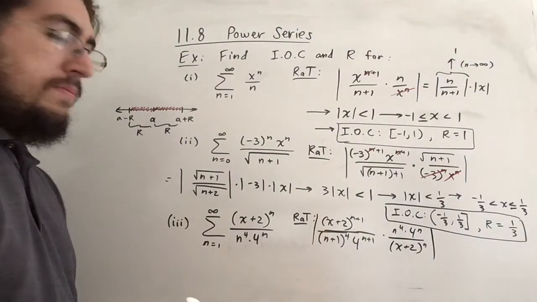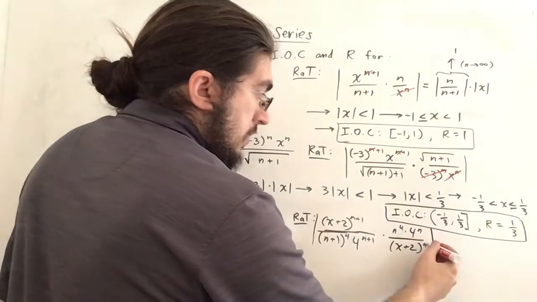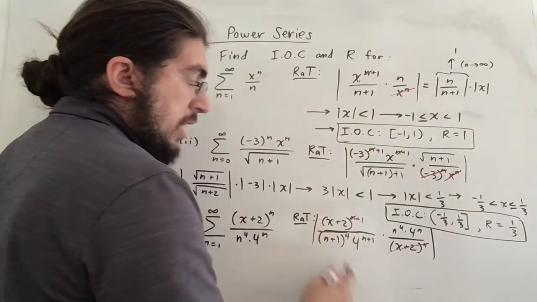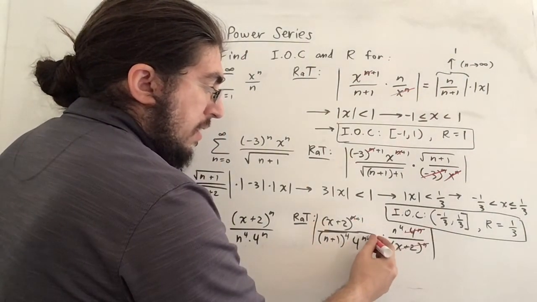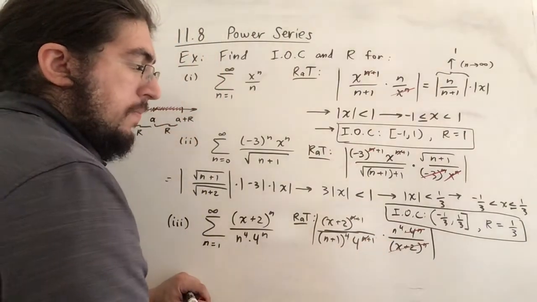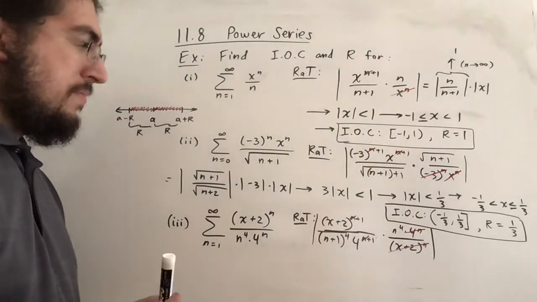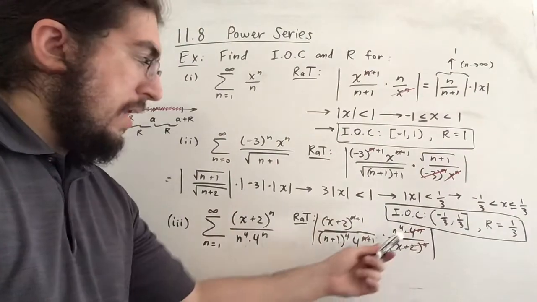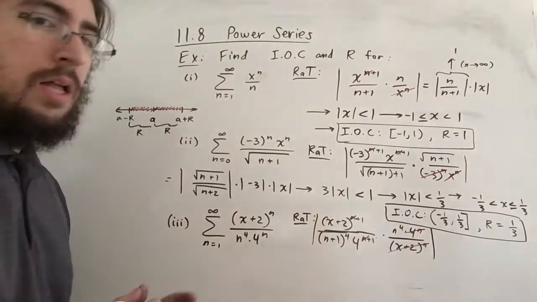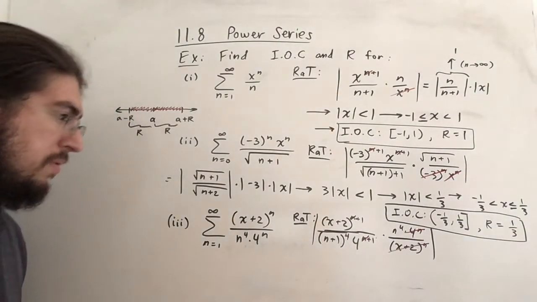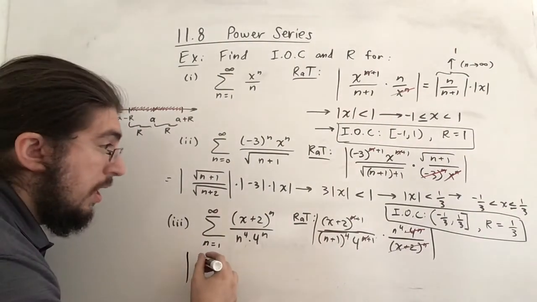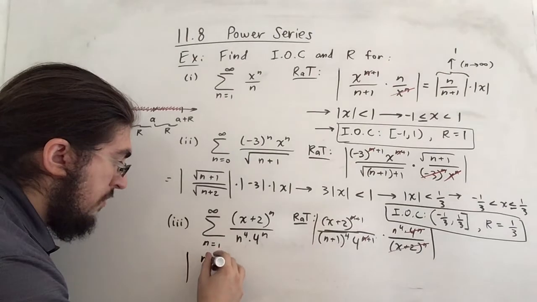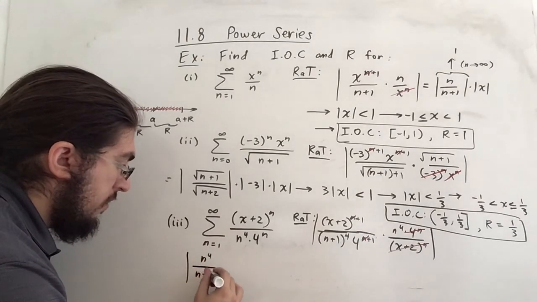So now notice, like usual, we get our cancellations. There's 1 left over on top for x plus 2. Here, they cancel in the opposite way, so we have 1, 4 left in the bottom. And then these don't actually cancel. The n to the 4th and n plus 1 to the 4th don't cancel. But we could still do some simplifying. So I'll write this as the following. So I'll have absolute value of n to the 4th over n plus 1 to the 4th